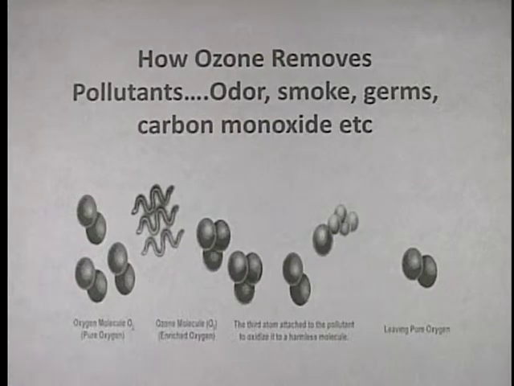Now, you said you can also use the machine while traveling. We do have another screen, actually. This is the system I was talking about. From 2-atom, it becomes 3-atom. That 3-atom, one of the atoms is loosely attached, that will attack any gas, any germ, any bacteria, and render them harmless. And then at the end, you will see that diatomic oxygen is right there. So you will be breathing more oxygen. That's what I was explaining to you.